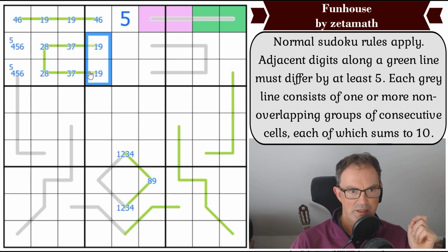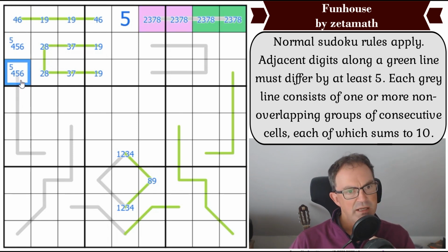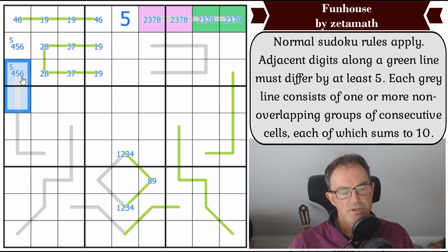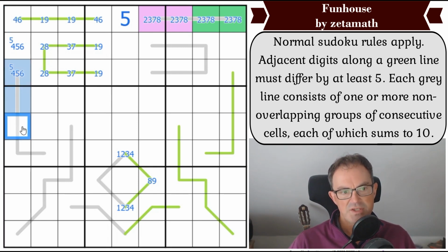Although, unfortunately, that's now... Has that run aground? We know these squares are 2, 3, 7 and 8. And we've got a digit on a grey line here. Yes. No, I'm wrong. No, I'm not wrong. How can this be a domino now? This can't be a domino adding to 10, because what would that digit be? If this is 5, it would have to be another 5. If this is 4 or 6, this would have to be a 4 or 6, but there's a 4, 5, 6 triple here. So this has to extend again, which means this is another...